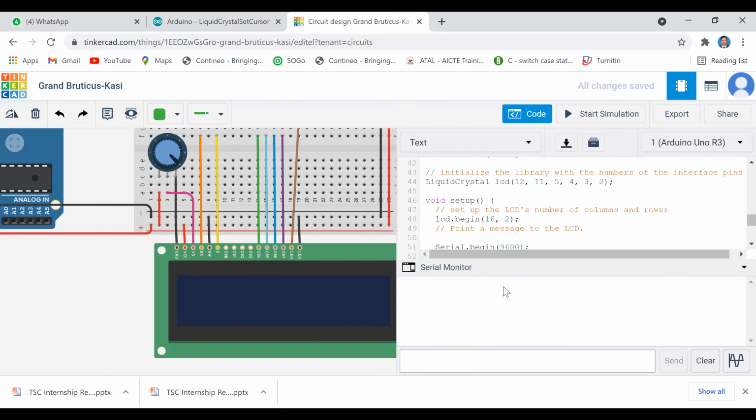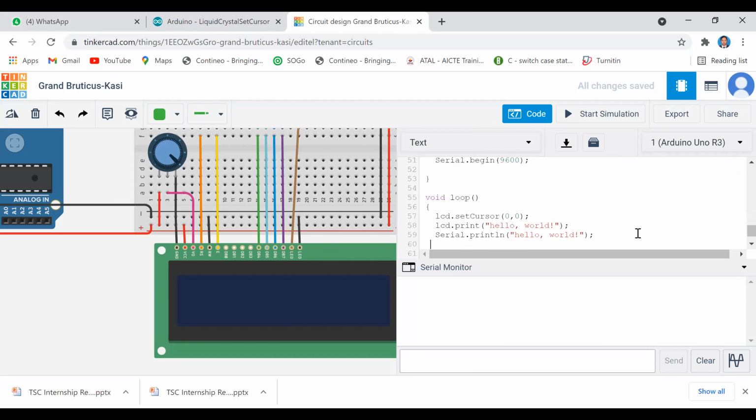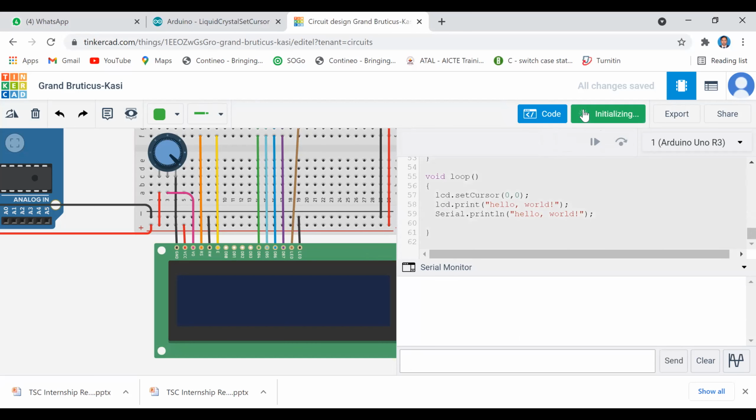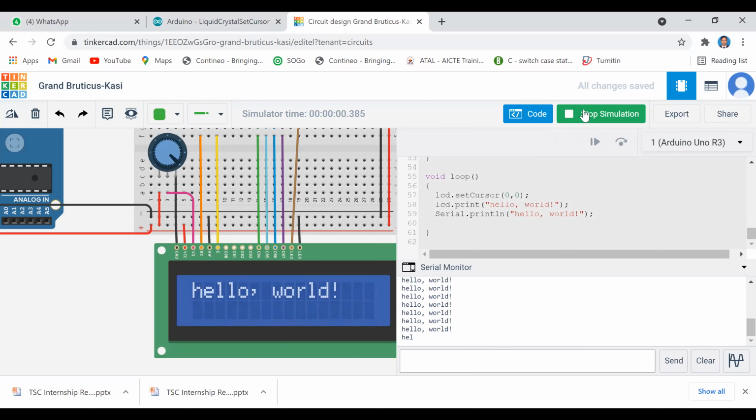Here there is a terminal. So you can see that every loop iterating, whether you are sending hello world continuously or not. I'll run this. Okay, see how it is going to display. Actually, it is displaying continuously, but on the display it is showing just once. No, it is continuously iterating. Right? In this way, you can do whatever the requirement is.